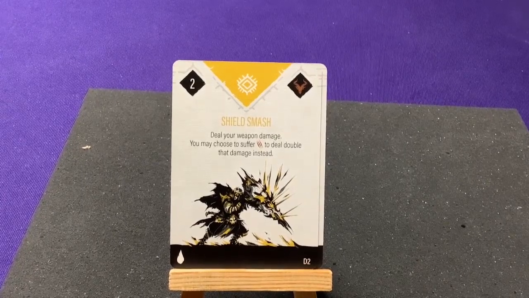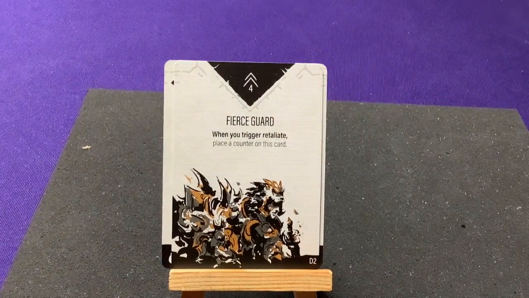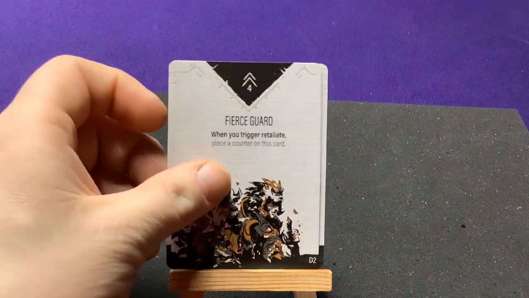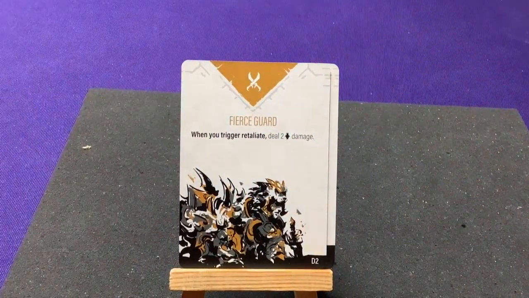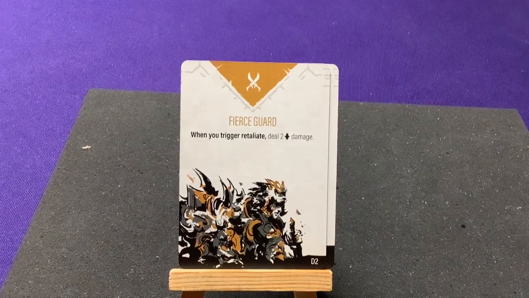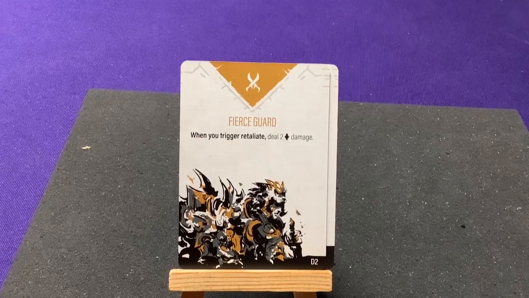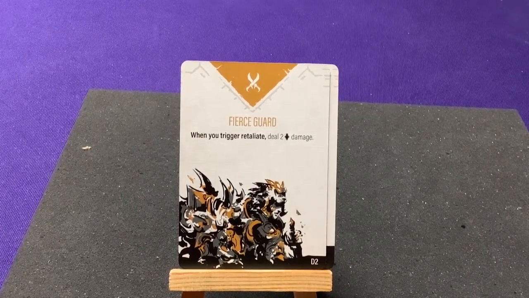Cool. Then we have our mastery for D level. We have Fierce Guard. When you trigger Retaliate, place a counter on this card. Ooh, so that's tricky when that can hit. When you trigger a Retaliate, deal 2 damage per weapon level. Nice. So every time you retaliate, not only do you get to draw a card from your hand, and